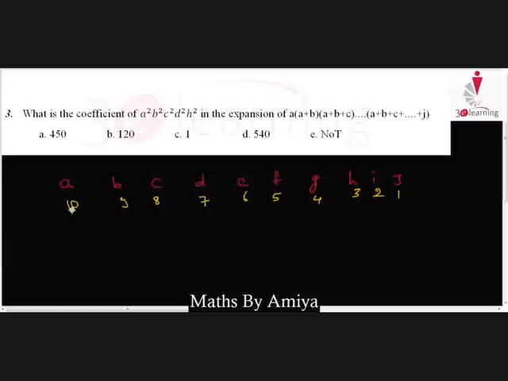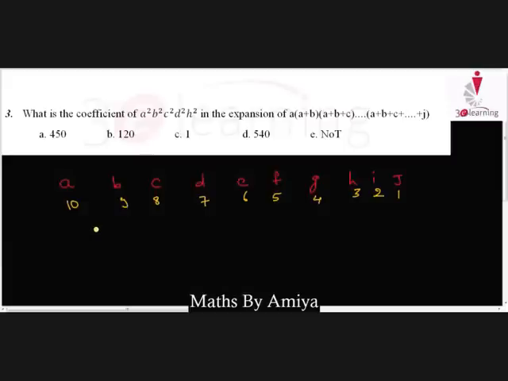We just need to identify how many expressions have A, which have B, and H, and so on. After looking at the given expression, we can say there are 10 expressions with A, 9 with B, 8 with C, 7 with D, and J is in only one expression, the last one, and we have to select the expressions.